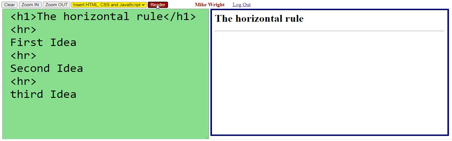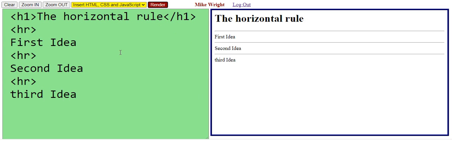Okay, so that's an example. Notice when I use the horizontal rule that I do not need to put a paragraph tag to go to a new line, nor do I need to use a line feed tag or BR tag. The HR tag automatically creates a line feed